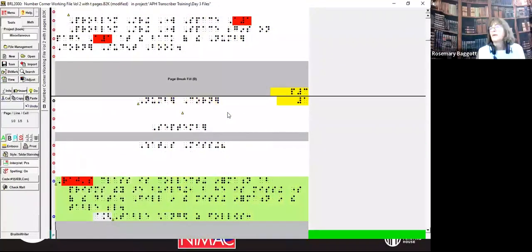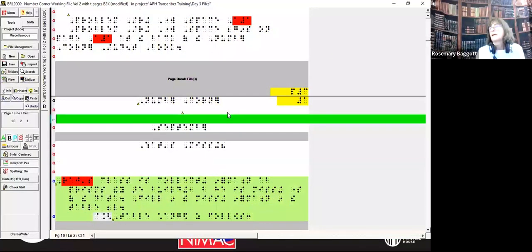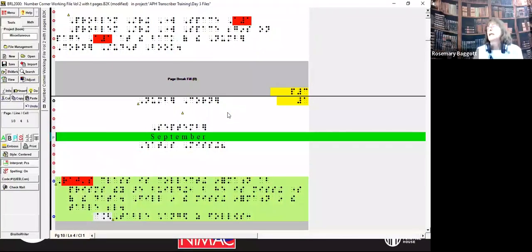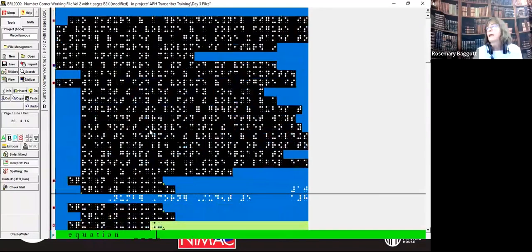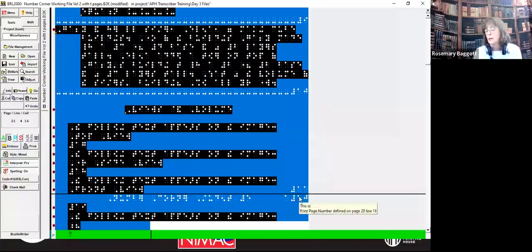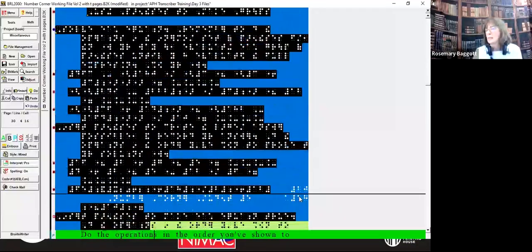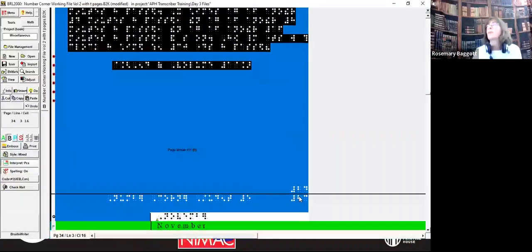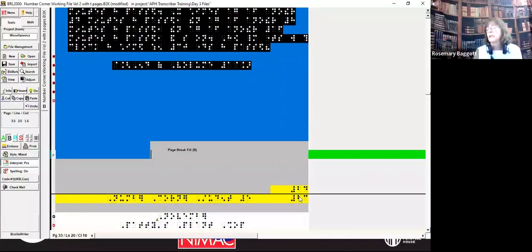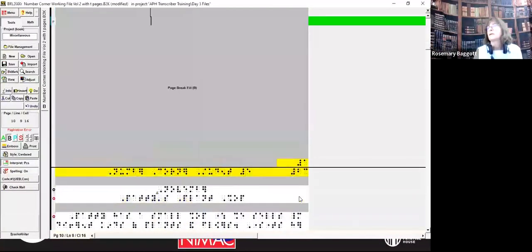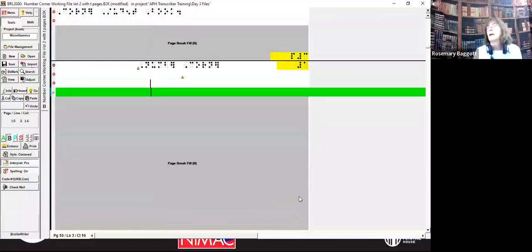Now I'm going to go down, and there are a couple of ways I can do this. Since I know that the print page I want to start volume 2 with is page 23, I'm going to just scroll down and highlight as I go. And I'm looking at the top right corner of the page here for the 23. I should have done this in print. And I'm going to delete all of that here.